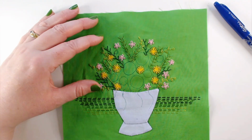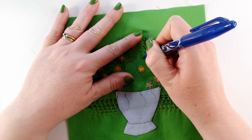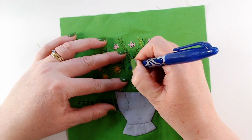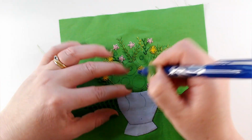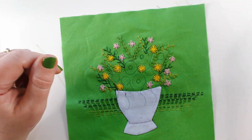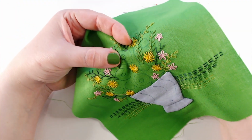So I've put some of those in and I'm really liking this already. Now I'm going to do something slightly different on our 3 largest circles. I'm drawing a smaller circle in the centre of them just as a guide for my stitching. So I've got those 3 large circles there at the centre, and we're going to make something like a gerbera